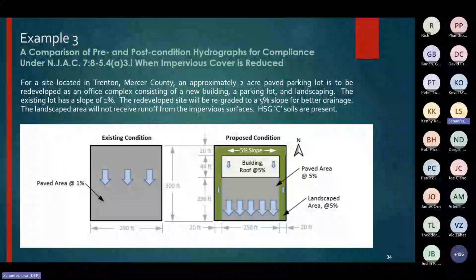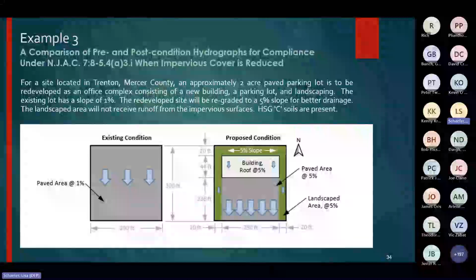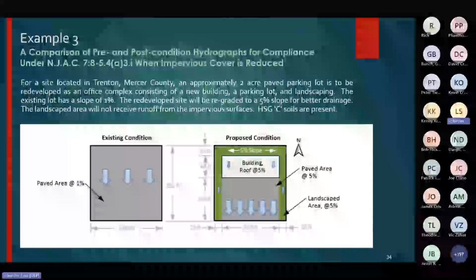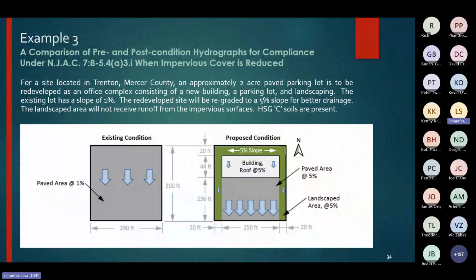Okay, this example is going to provide a scenario showing non-compliance with the requirements when the proposed development reduces the regulated motor vehicle impervious surface and increases the slope of the surface. So often for redevelopment projects, a designer may choose the option at NJAC 7:8-5.6B1 to demonstrate compliance for quantity control: that for stormwater leaving the site, post-construction runoff hydrographs for the current and projected 2, 10, and 100-year storm events, as defined and determined pursuant to NJAC 7:8-5.7C and D respectively, do not exceed at any point in time the pre-construction runoff hydrographs for the same storm